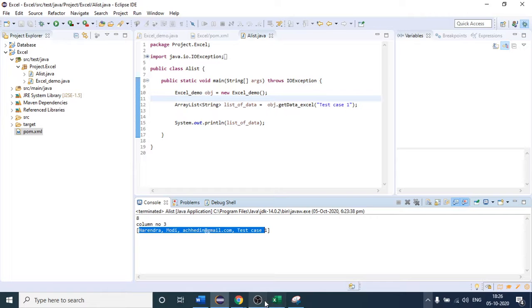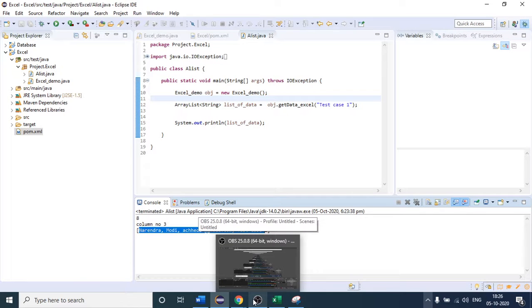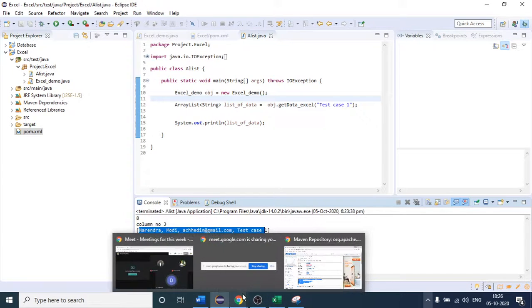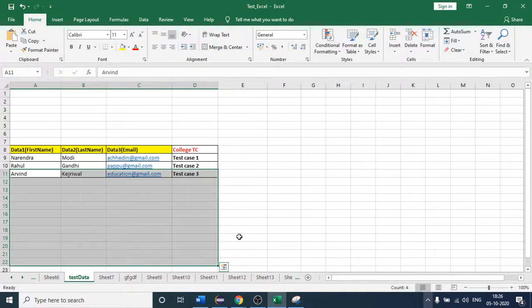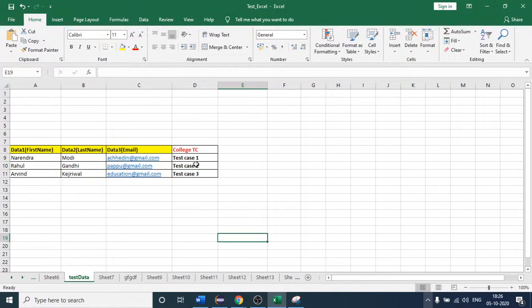Sumit, if the column data has the same data, like two columns having the same data, will there be a conflict? Yeah, then definitely there will be, because it is coming from here. Suppose test case 1 is here, it will say this is test case 1 here.